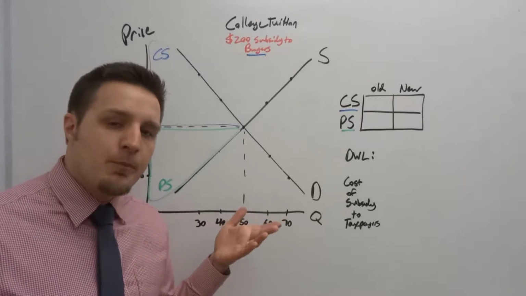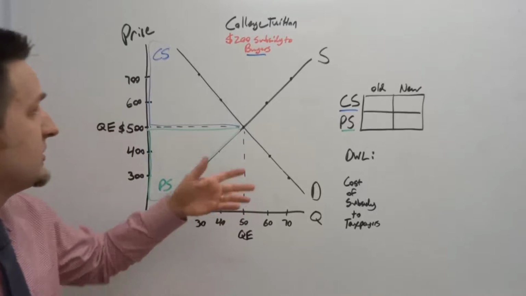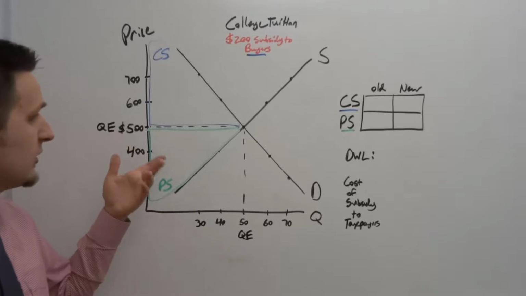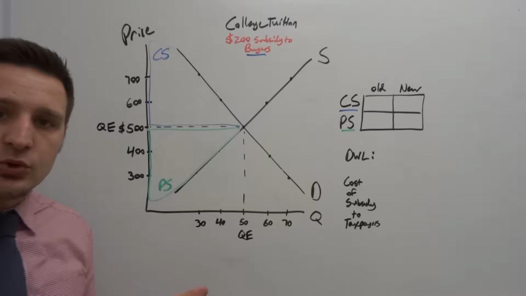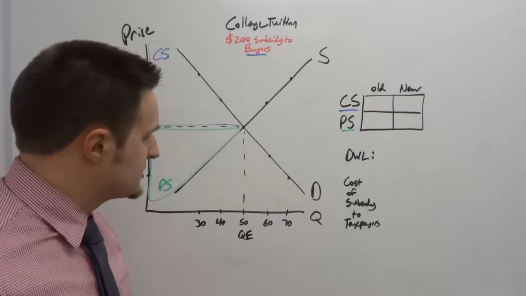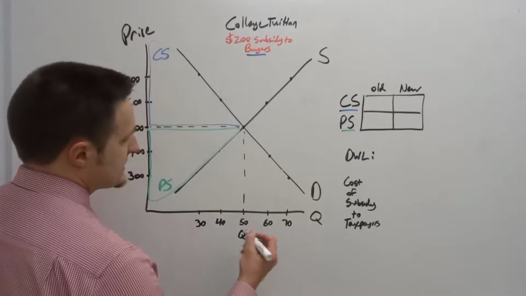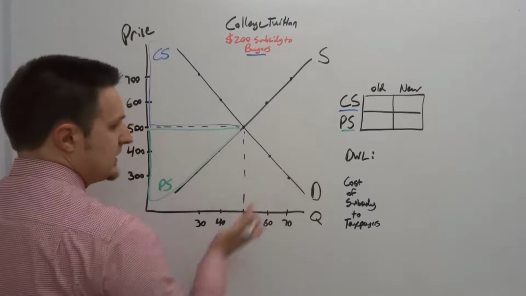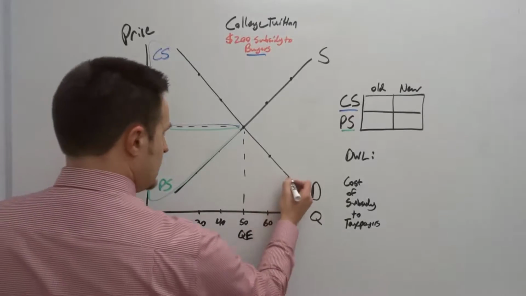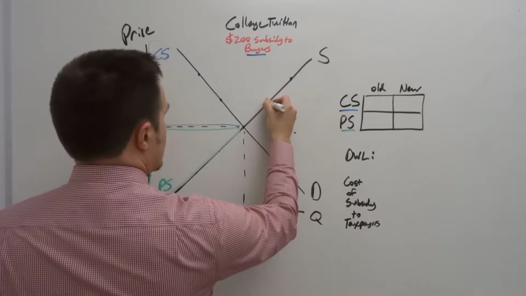That is, the money is given from the government to the purchasers, in this case of college tuition, say per credit hour or something like that. They're going to get $200 per unit of education that they purchase. What is that going to do? Well, there's two ways and a couple of tricks that I want to explain how this works. What this is going to do is have the effect of increasing the demand curve by $200. It's going to look like on the graph that you're lifting the demand curve at every point by